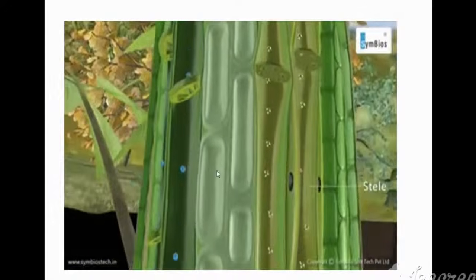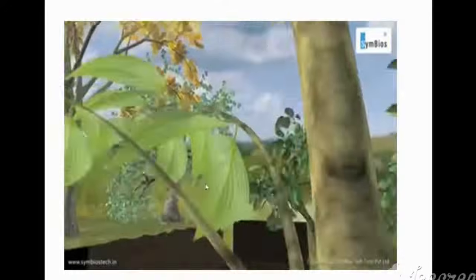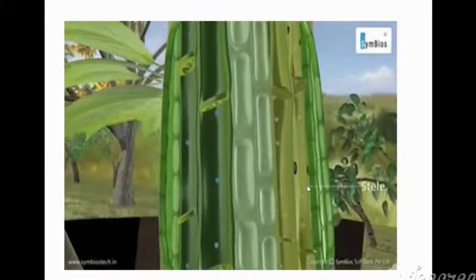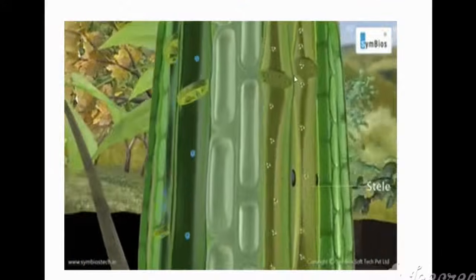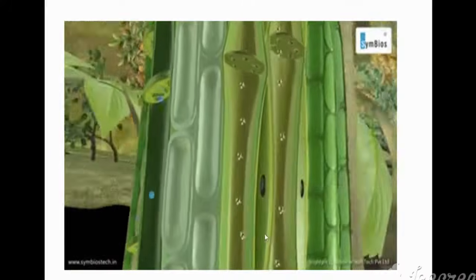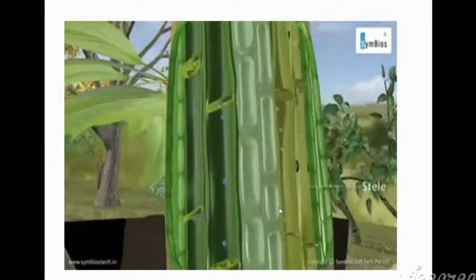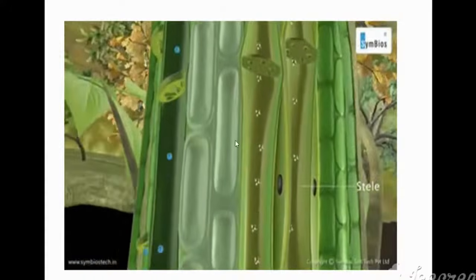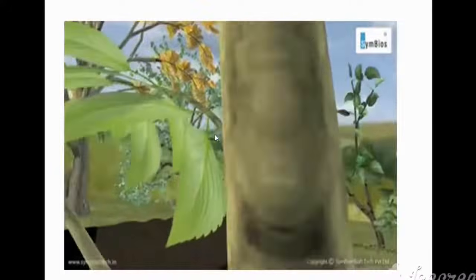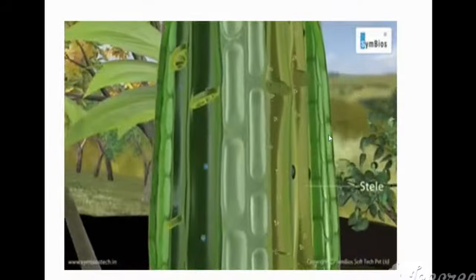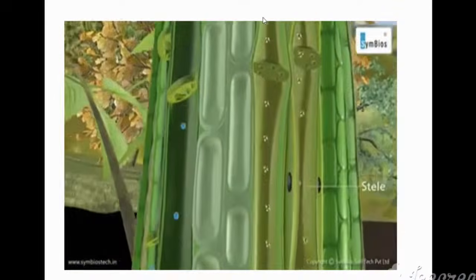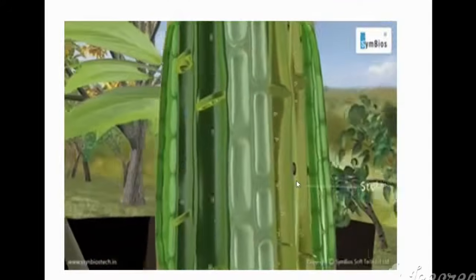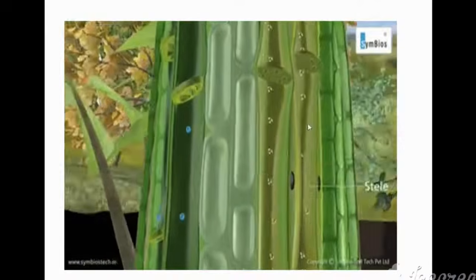So this is phloem, companion cell. This is xylem. In between xylem and phloem, cambium is there. So this is how xylem and phloem stay together throughout the plant. In all parts of a plant, this is how xylem and phloem stay together, guys. But what is separating xylem and phloem? The cambium. Clear? So that's all about xylem and phloem. Xylem carries water from bottom to top, and phloem carries food from bottom to top or top to bottom also. Clear? Fine.